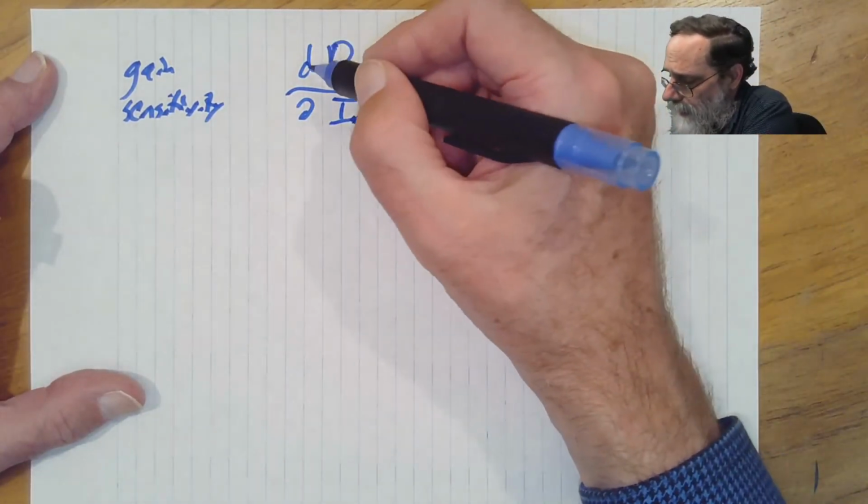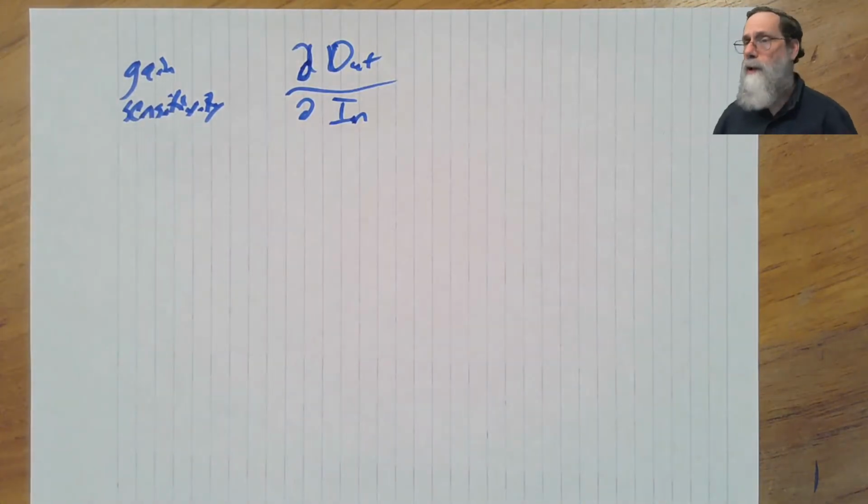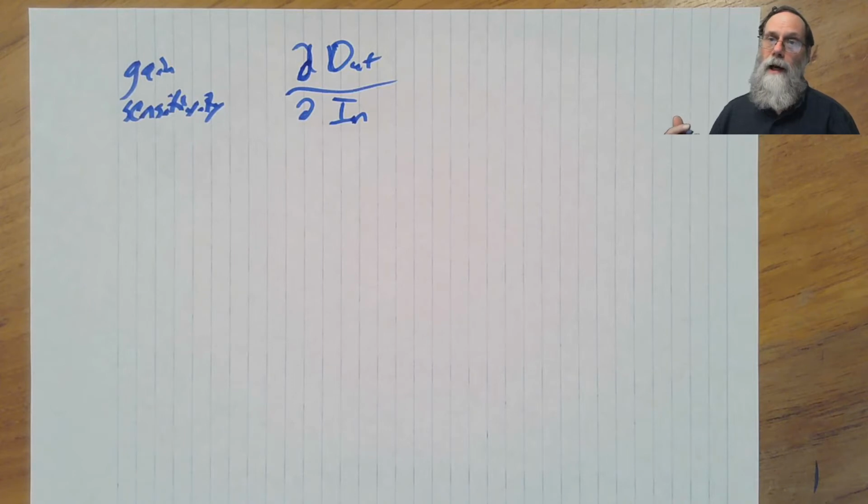And the difference between the two is that with gain, we're usually talking about an amplifier, where the output and the input are in the same units. So it might be input volts, output volts. The change in output voltage with respect to the input voltage would be the gain, and that is unitless because it's volts per volt. Sensitivity is usually used for sensors, and there your inputs and your outputs are usually in different units. So for instance, if we're measuring pressure, the input is in pascals, the output in maybe volts, and so we're looking at volts per pascal as the sensitivity.